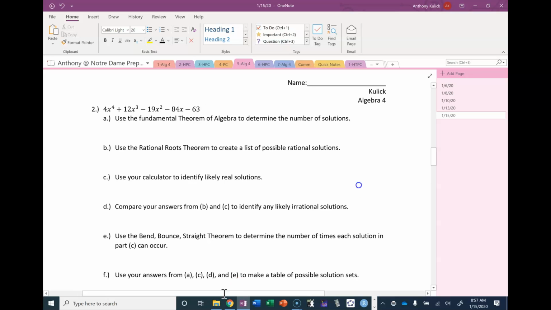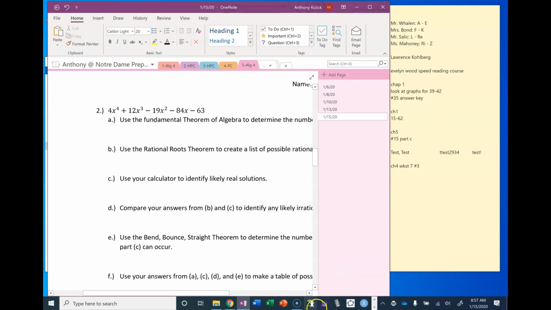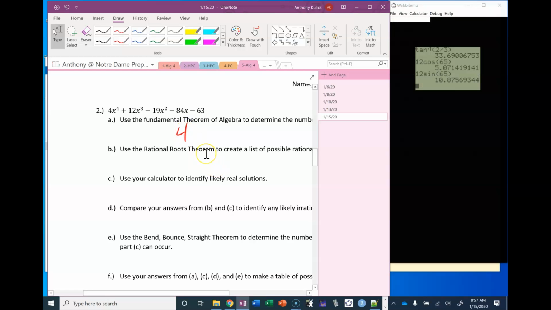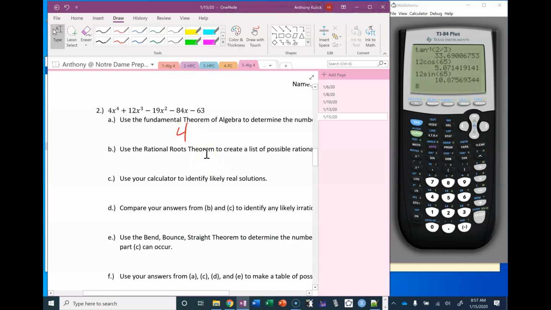All right, for number 2, what did you get for part A? Good. Okay. The rational roots theorem. We should have gotten plus or minus 1, 3, 7, 9, 21, 63, and